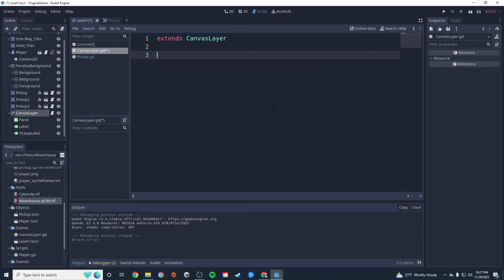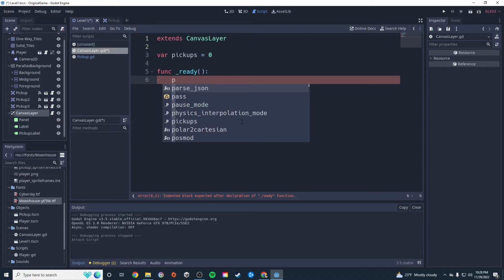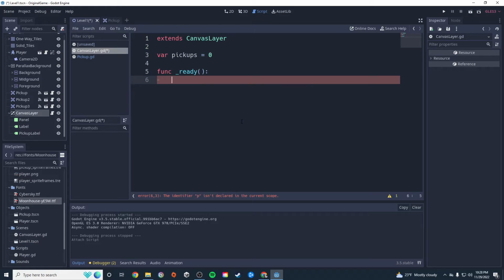Now what we want to do in here is create a variable that's going to handle how many pickups we have. We're going to start at 0, right? And then in the ready function, we just want to update the text on our pickup label to equal whatever pickups is, right? So let's do $, and we'll choose pickup label, and we'll say .text